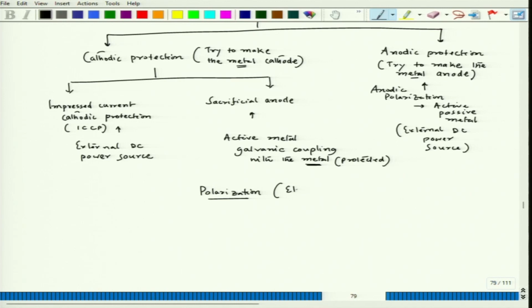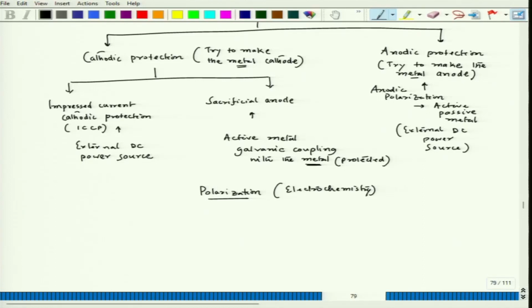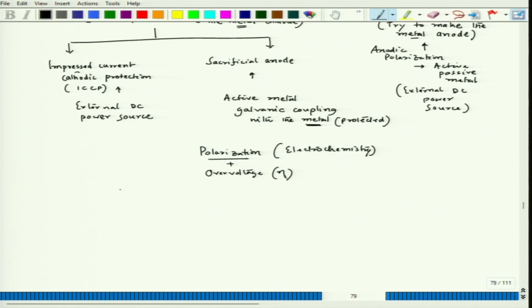And this is in terms of electrochemistry. And when we talk about polarization, this is the effect that occurs when the potential changes. If we try to quantify polarization, that value should come up in conjunction with it, which is called overvoltage, and we mention it in terms of eta. Now, what is polarization? By simple definition, you can say